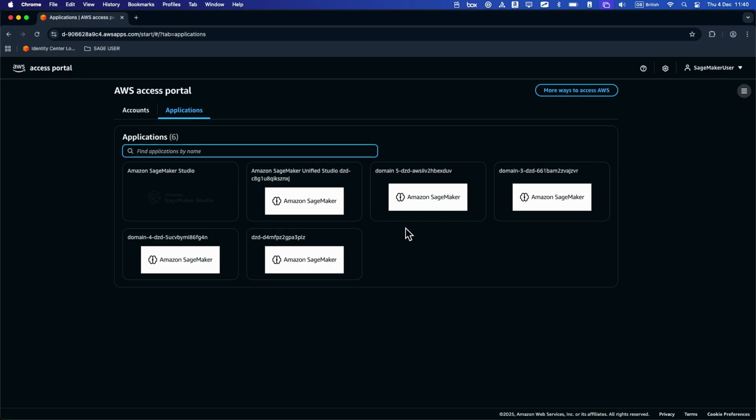So the name of this might not be particularly helpful. You'll see there's the domain ID. So there's DZD, blah, blah, blah, blah, blah. Might not mean much to your user. You can go and rename this if you want to in Identity Center. So let me just show you what you can do if you want that to be a little bit more